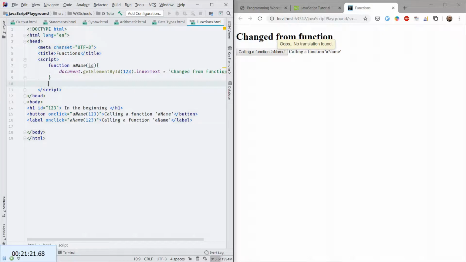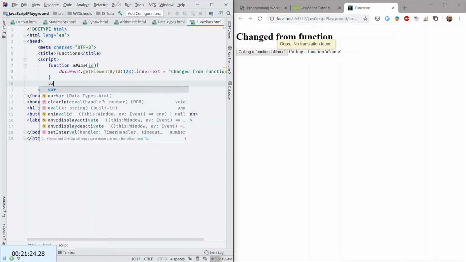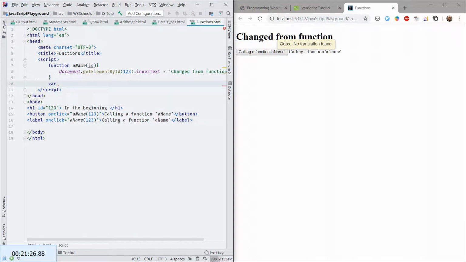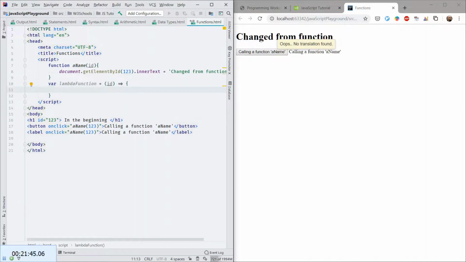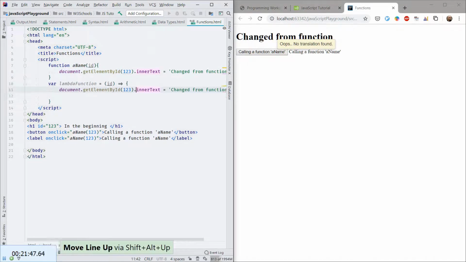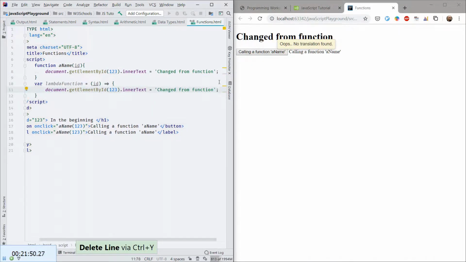And here we can do var lambda function equals, and then we will have ID like so, and then we use something which someone calls a fat arrow. I will borrow this, move it in here, and we will change from lambda function,